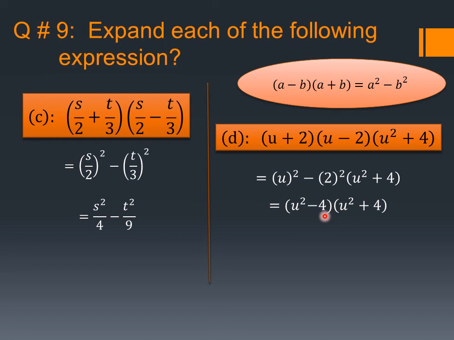As I told you before, the first digit that is present inside the bracket is always a. That digit could be anything. Here we can write cube as well, or power of 4 or power of 5. That doesn't matter. The first digit is always a. So in these two brackets, a is u square and b is 4. So a square is u square whole square minus b square is 4 whole square. Taking the square of square, we get u power of 4. So u to the power 4 minus 16 is the answer.